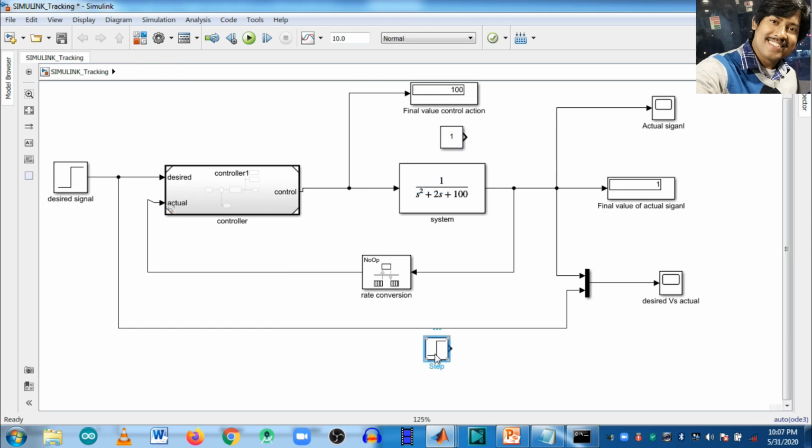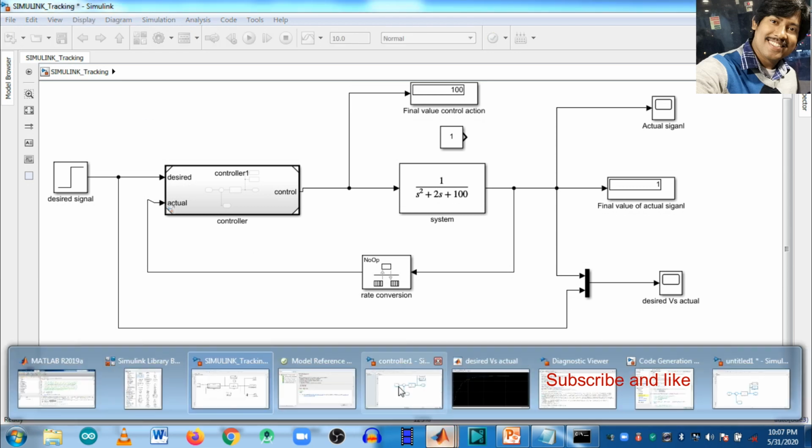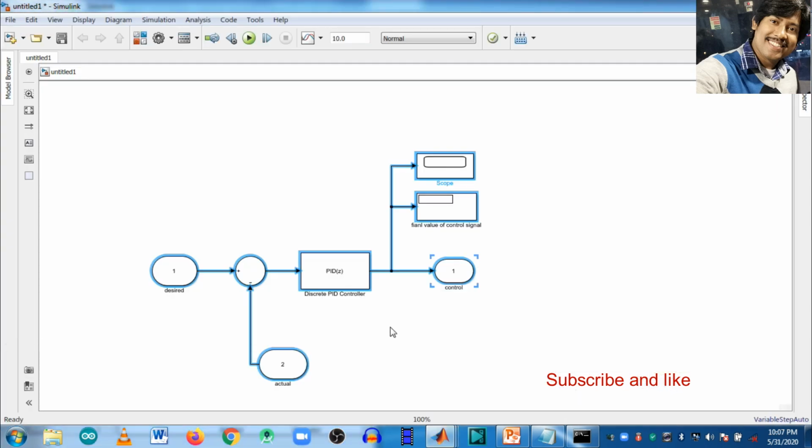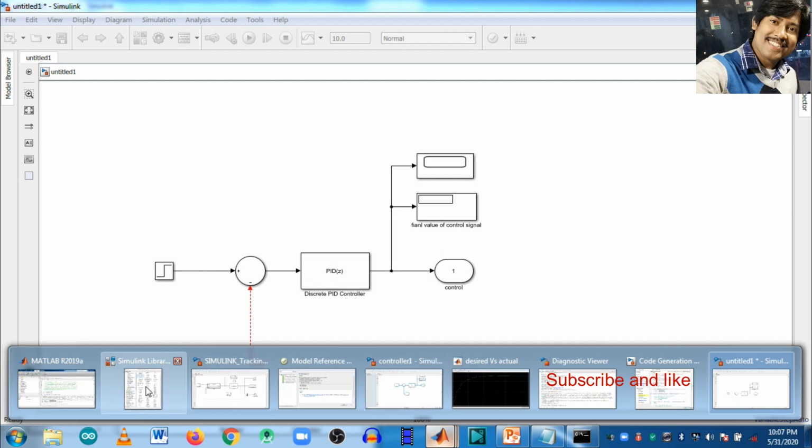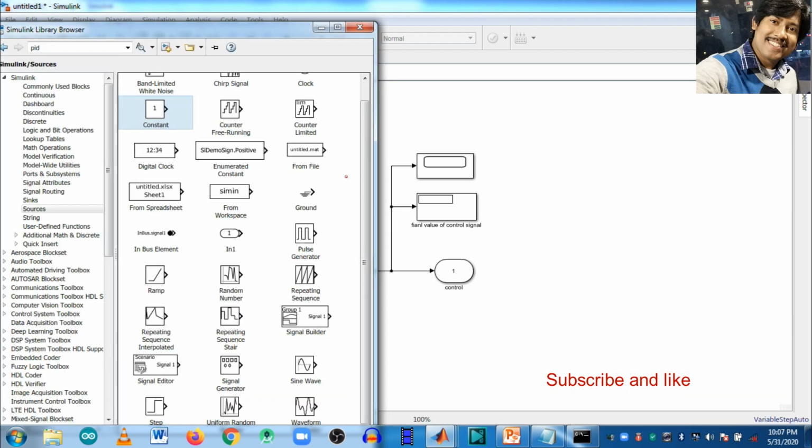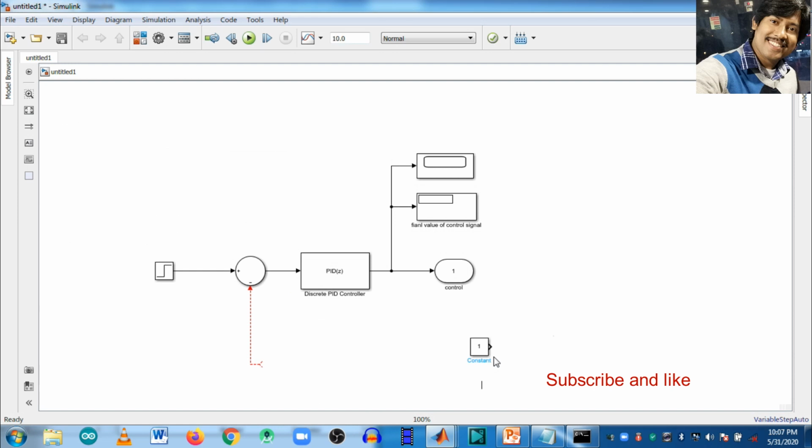This is a source, the step signal, and also these two. This is the step signal here. I am deleting this one.